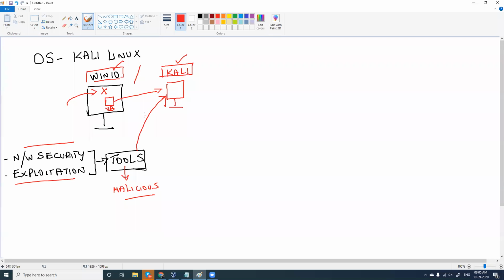Or Kali Linux has 300 plus inbuilt softwares, right? It has all the softwares already pre-installed in this operating system. So all you have to do is just install the operating system, which comes with all the tools needed for network security, for exploitation, and for a lot of different purposes, right?